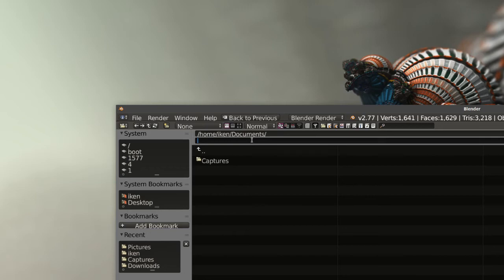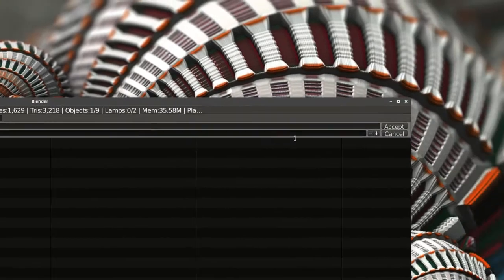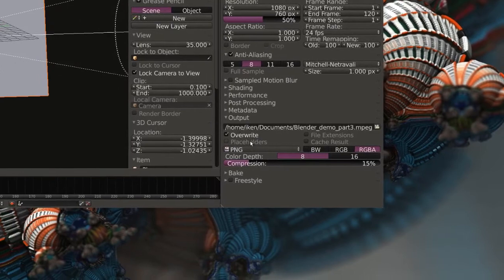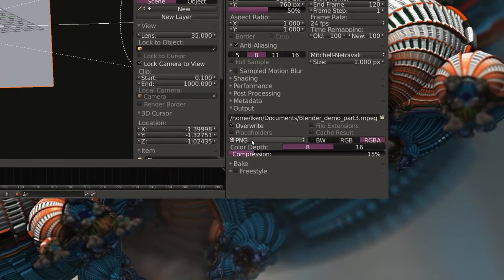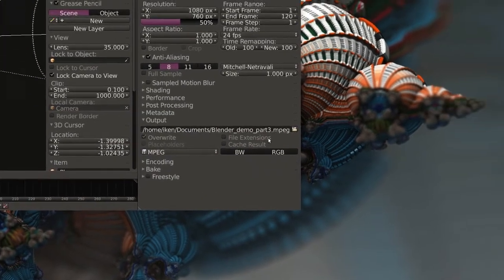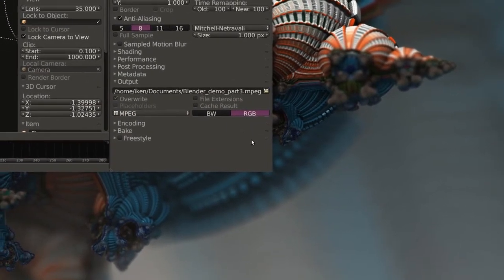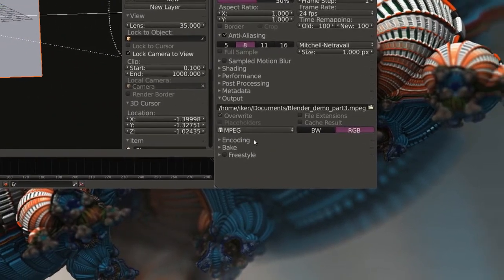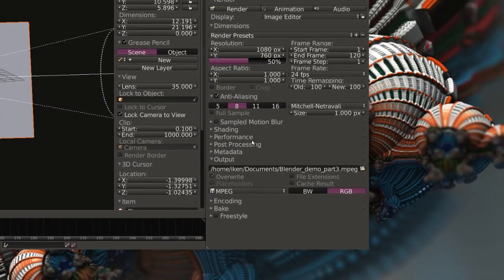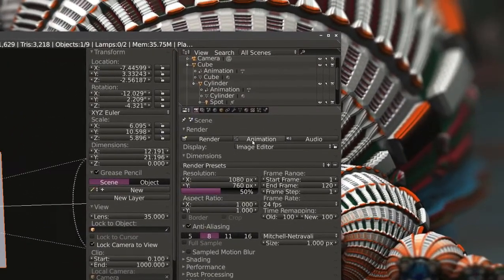So my file name will be Blender Demo Part 3.mpeg, because that is the format I'm going to save in, MPEG. I'm typing that in myself. Click accept. Then very important, change PNG here to MPEG. Make sure that you have color selected, because otherwise you might end up with something black and white. Now we've got all of that set to the values we would like. Now all I have to do is click the animation button,